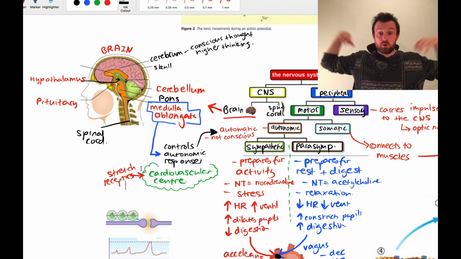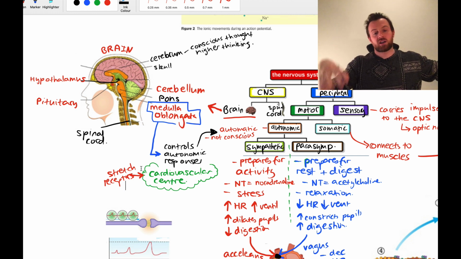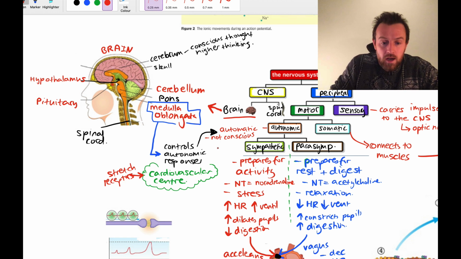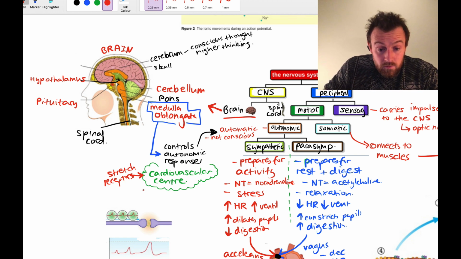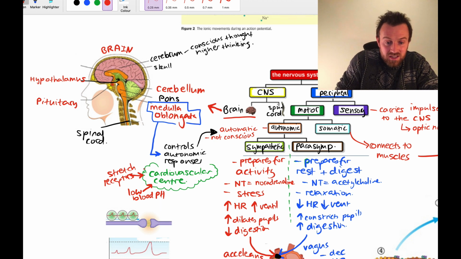So when your muscles are moving, your medulla oblongata recognizes it and it speeds up your heart, because if you're moving your muscles, you're probably going to need more oxygen delivered to your muscles. Also, low blood pH is going to trigger the cardiovascular center to speed up